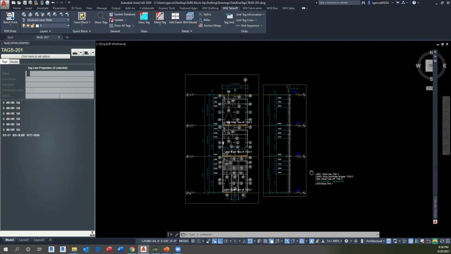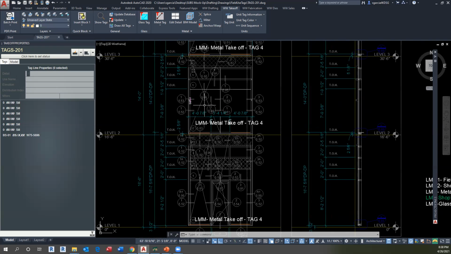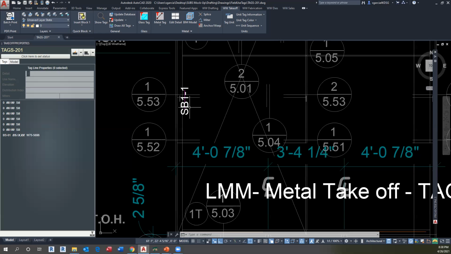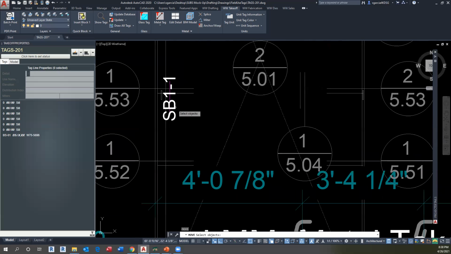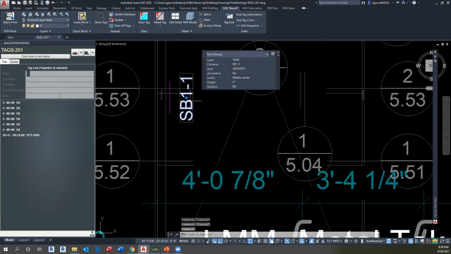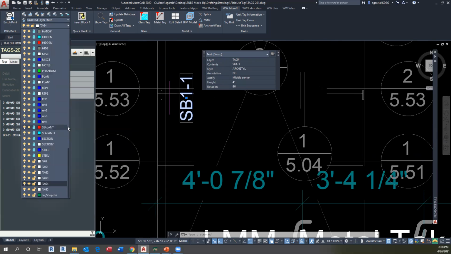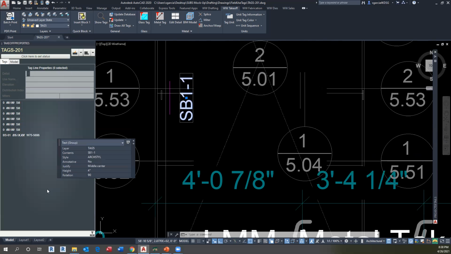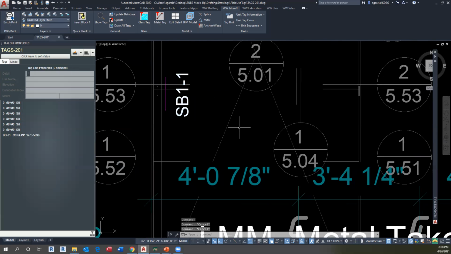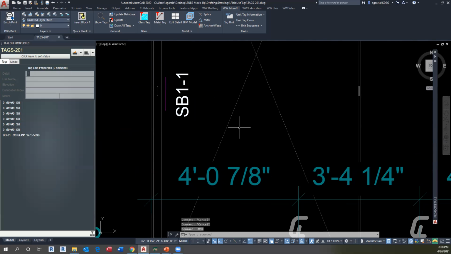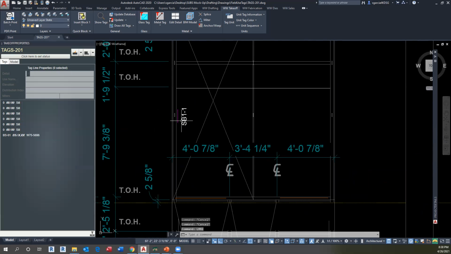Going back to my main elevations. Now I can see that once I UPD that elevation or mark number, it's generated with this text. As you can see, by default it always comes as tag number 4. So I need to change that one to tag number 5. There you go. And then verify LMM2 to make sure only that text is showing in my